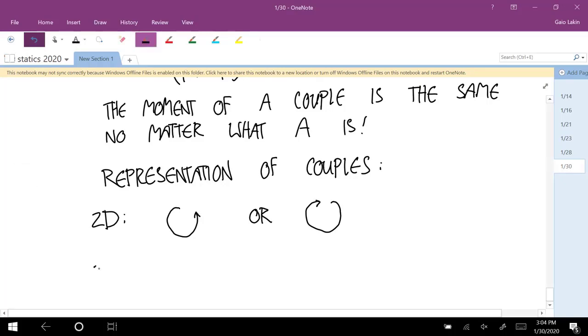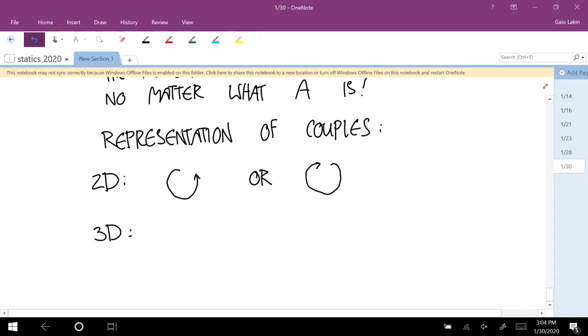And in 3D, these will be represented as vector components with double heads. So you'll see stuff like this. Heads for the two forces, I guess. And you won't always have all three. So if you see something like one like that and one like that,